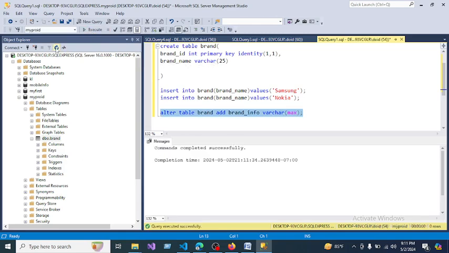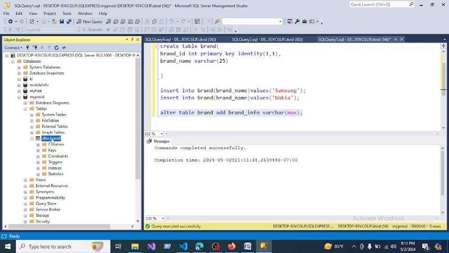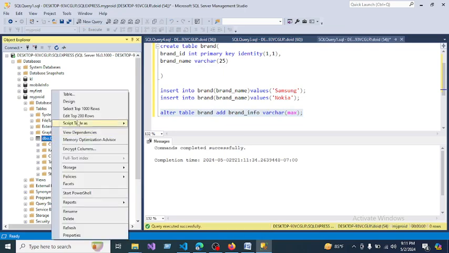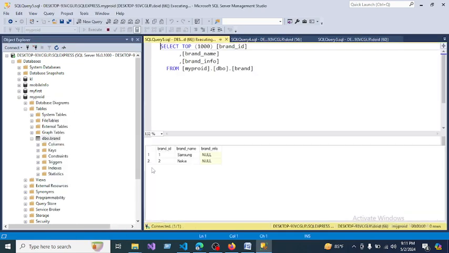and refresh. Okay, go to our brand table, select top 100. Okay, and another column will be added. This is the brand info and the information is empty because I don't add the values of brand info into my table. Okay,